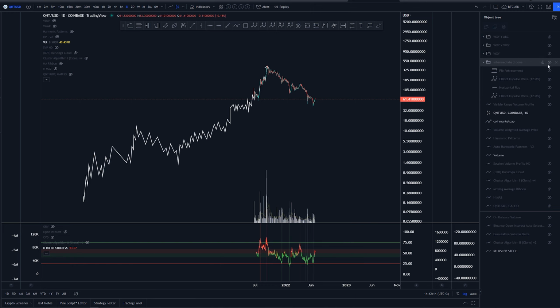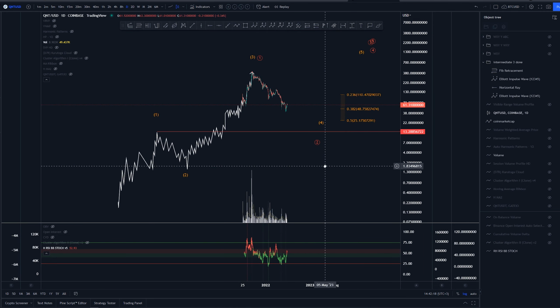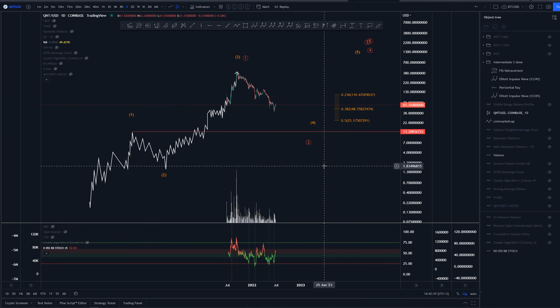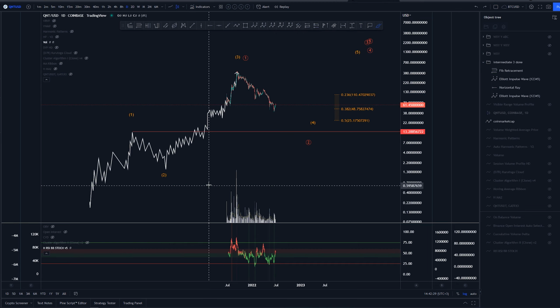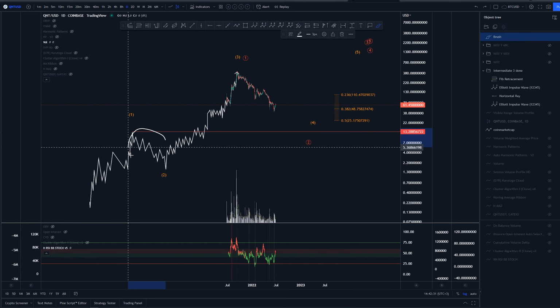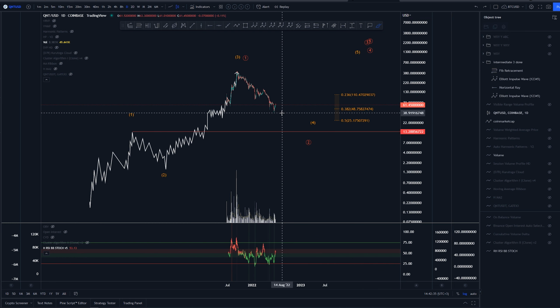So actually, I can make some kind of higher time frame count here as well, saying that we could have this as a 1, 2, 3, 4, and 5. Other scenario is that we have a 1, 2, 3, 4, and 5, which is definitely not that good looking. Now, this is still comparable to this one, so there is still merit to this idea of this being